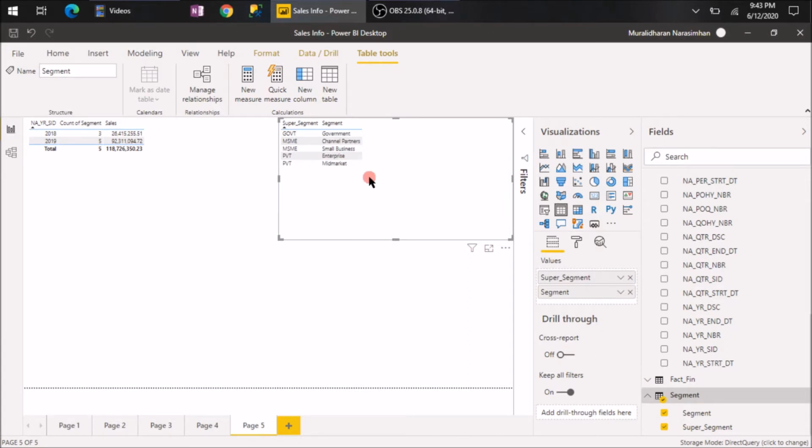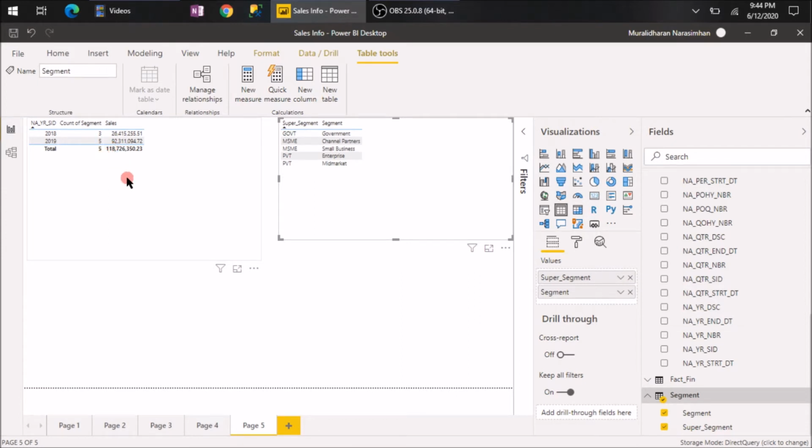Right now, what if I want to get a count of the super segments for year 2018 and 2019? Do you think the same way I can just drag and drop and then say count distinct, and will it work?